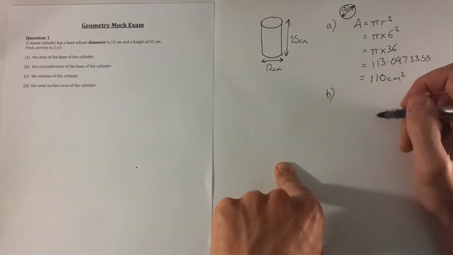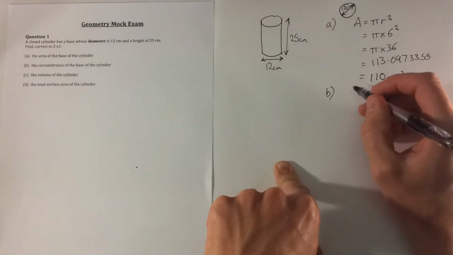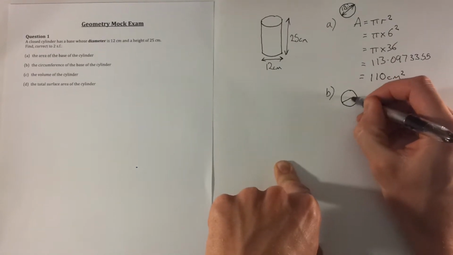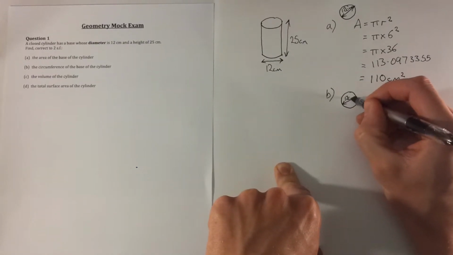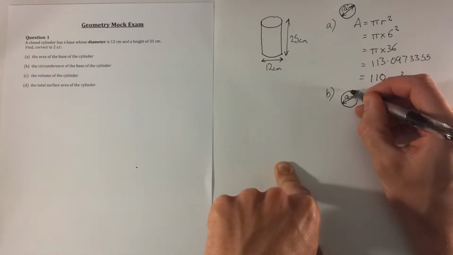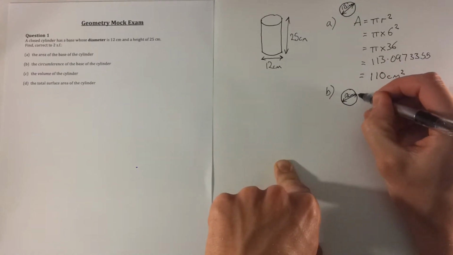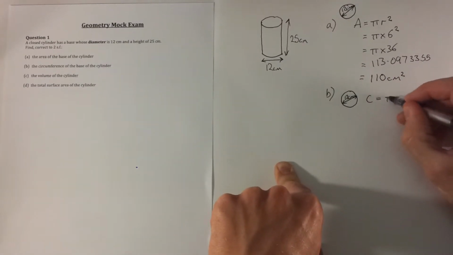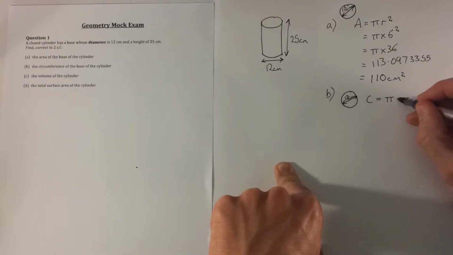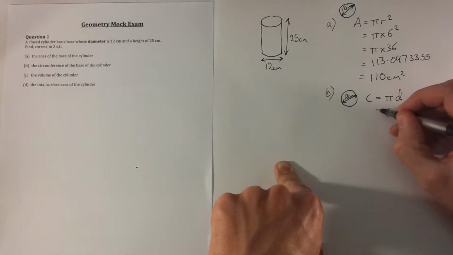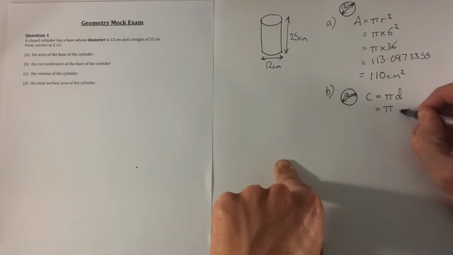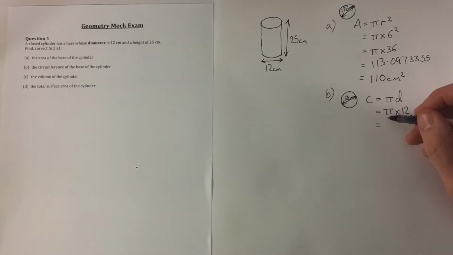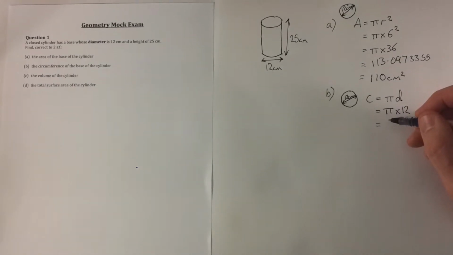Part B asks us to consider the circumference of the base of the cylinder. So we're looking at the base of the cylinder again, same diameter as before, 12 centimetres, but now we're interested in the circumference, in other words, the distance around the outside edge. To find the circumference of a circle, the circumference is equal to pi times the diameter, so the circumference will be equal to pi times 12. Note we're using the diameter in this case. And pi times 12 gives us